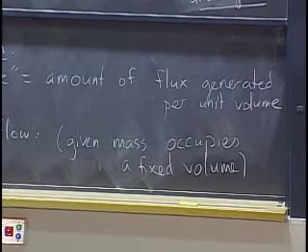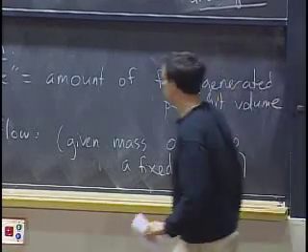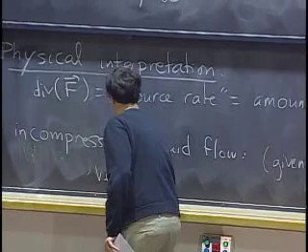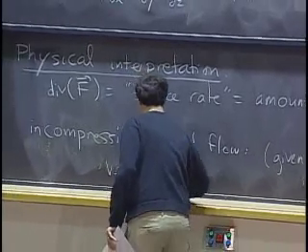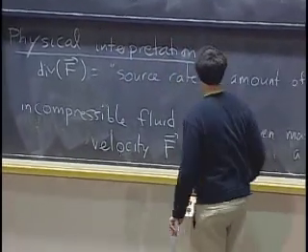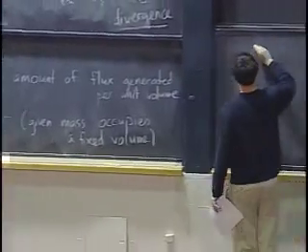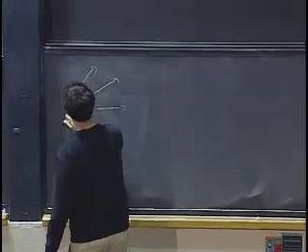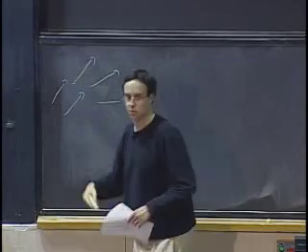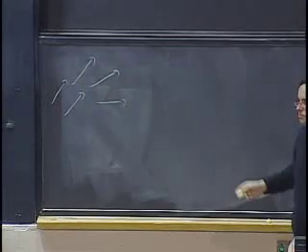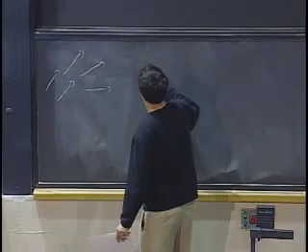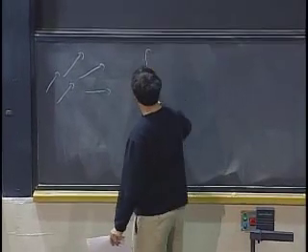Let's say that we have such a flow with velocity given by our vector field f. So we're thinking of f as the velocity in maybe something containing water, a pipe or something. So what does the divergence theorem say? It says